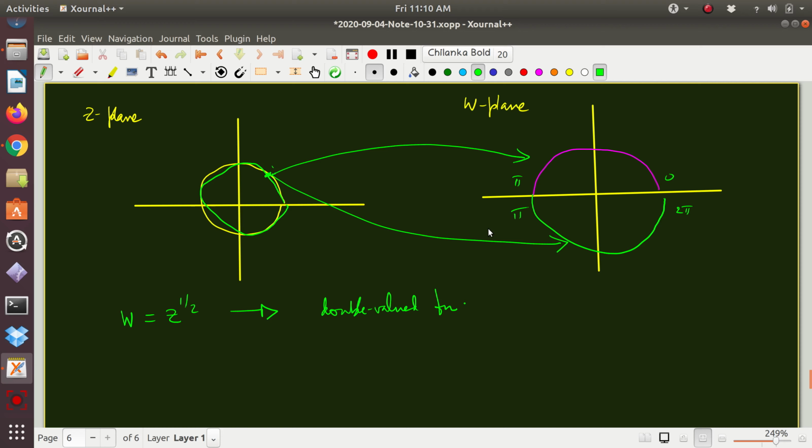So the question is, if you have the same point that is mapping to two different points, how do we know which point is mapping to which? So we need two copies of the z plane placed one above the other, between 0 to 2 pi for the first time and then 2 pi to 4 pi for the second time. So for a square root, which is z to the half, you need two copies of the z plane in order to arrive at the two different values of the function in the w plane. Otherwise you won't know which point is mapping to what. Such copies of the z plane are called Riemann sheets.